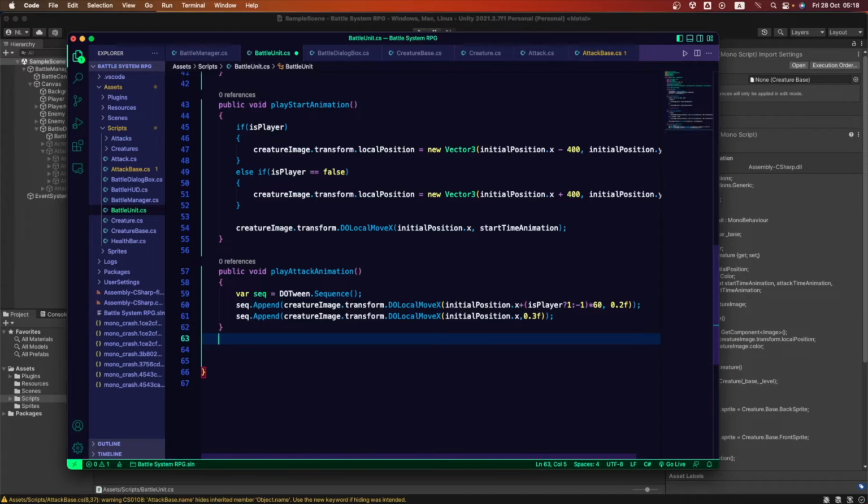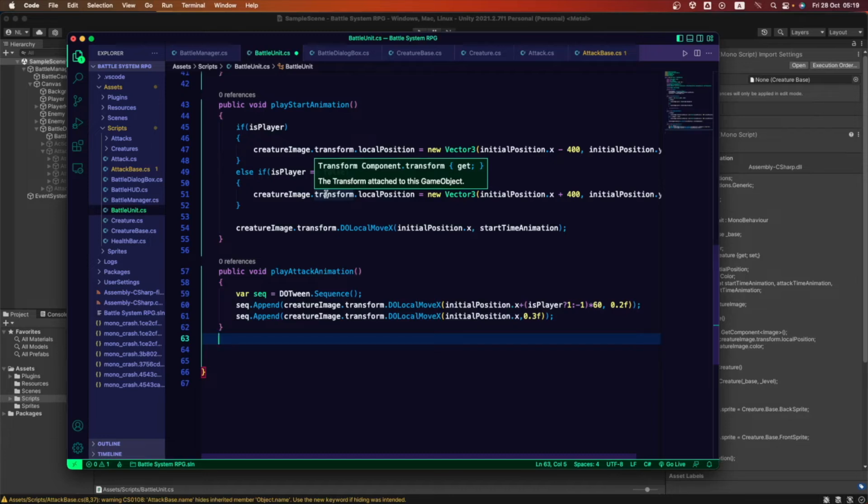So we'll add them first, but we're not gonna be able to use them until we go into the battle manager and we assign the actions that happen when we click an attack button.